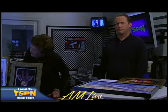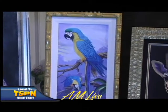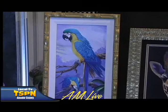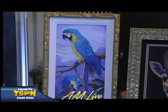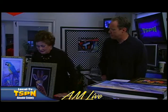And then next here. The macaws, that was a commission that I did for a lady up in Tahoe, and I love to paint animals, birds, fish, dogs, so I do a lot of pet portraits, which is something that somebody wants for their pet, and it's very important that you capture your pet. It's very nice to do. And then here we have...